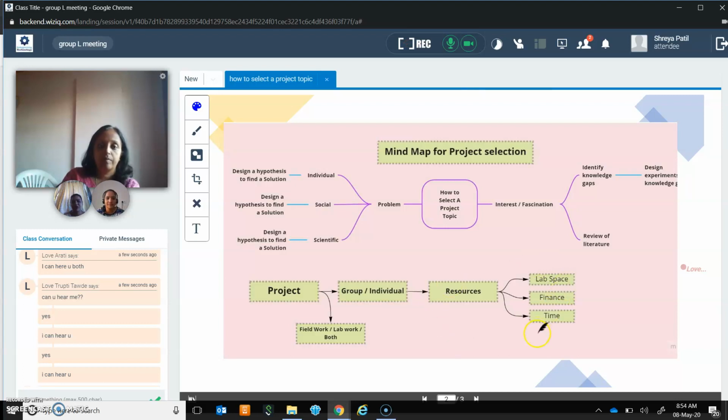Yeah, I have made it in general. Even in zoology, I tell students that they can select any problem. It just has to be something from which they can design a hypothesis and find the solution. So it can be a problem of sociology or even humanities. So do you think I should add something?